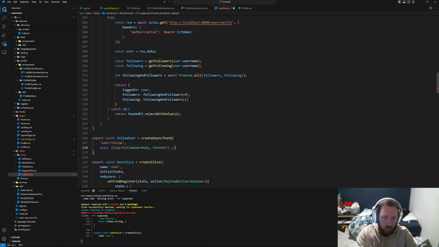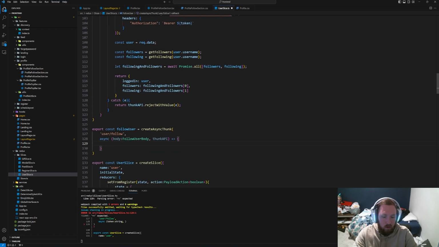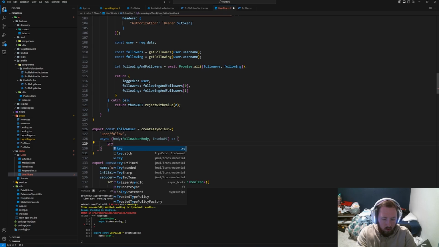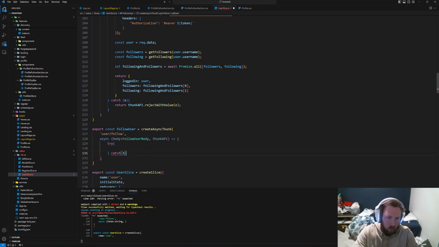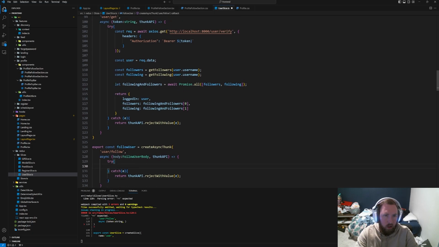This is just an arrow function. We'll set up a try and a catch E, maybe. And this will return thunkAPI.rejectWithValue E. And now we'll say const request is equal to